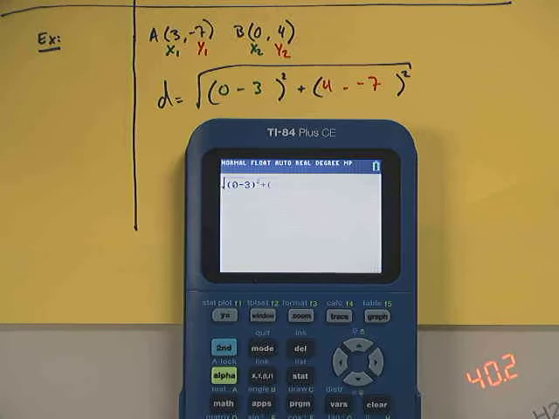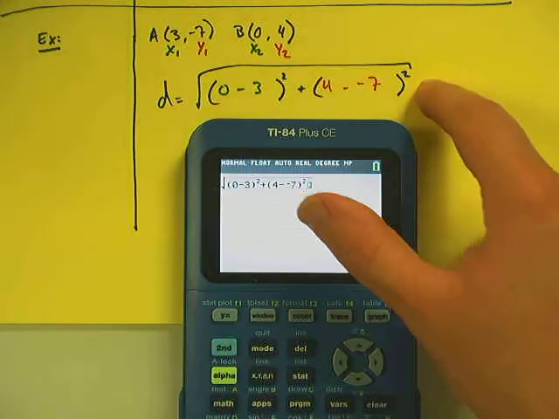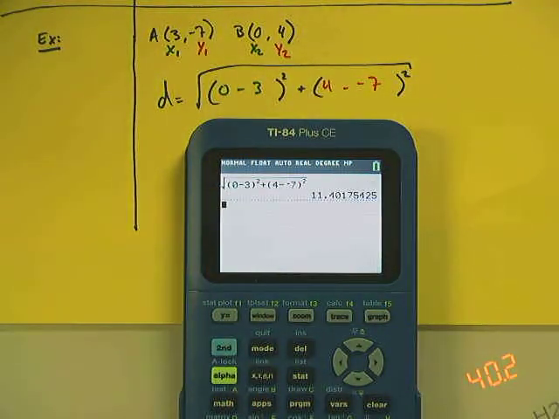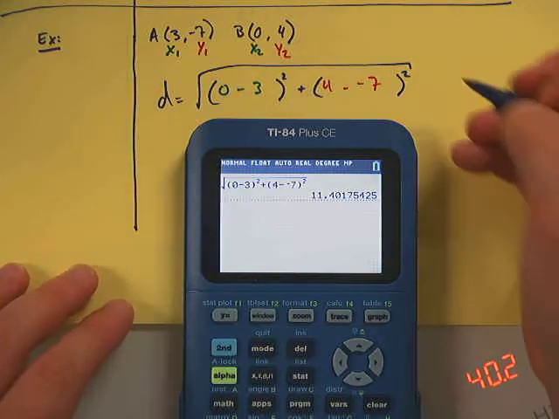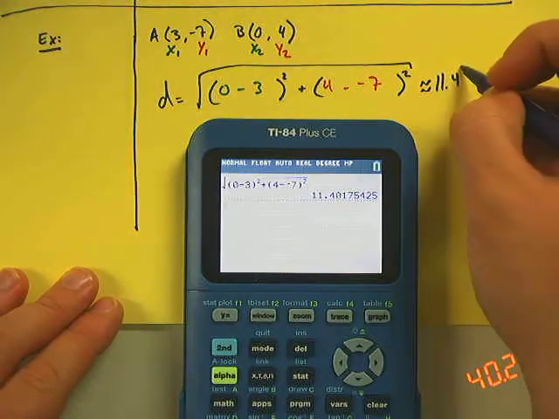Then you want to start a set of parentheses and go 0 minus 3, then close your parentheses and hit the x squared button. Then you'd go plus, set of parentheses, 4 minus -7, close your parentheses, hit the square